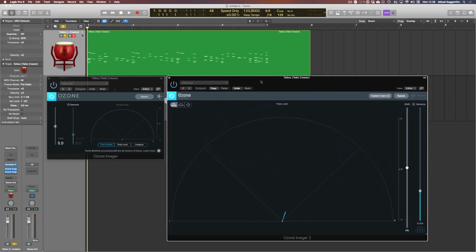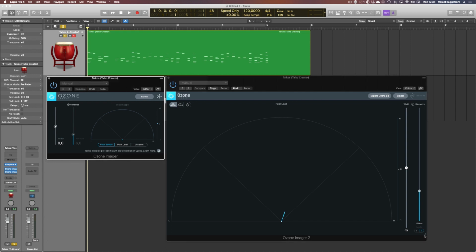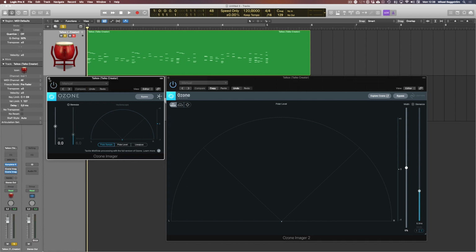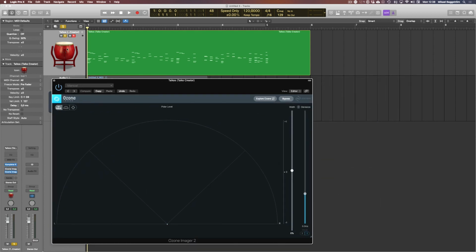Sound-wise, I believe they are basically the same algorithm, but the new version has two options for the Stereoize version, so 1 and 2 modes here, whereas the old one only has 1. And you can access these visual monitoring up here instead, so it looks a bit different. But if we turn that one off now and just focus on the new version, if I play this now without any changes to this drum pattern,